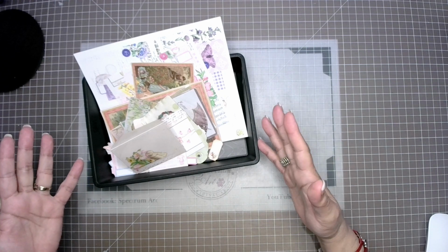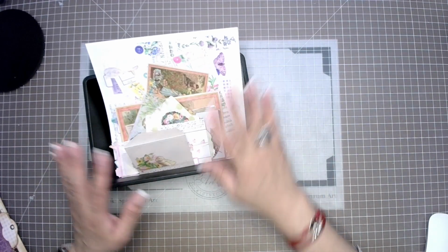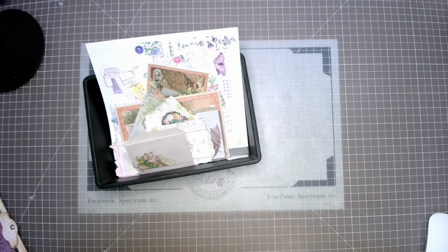So we are wondering, what is this box full of really pretty ephemera sitting on the table? Well, it is...